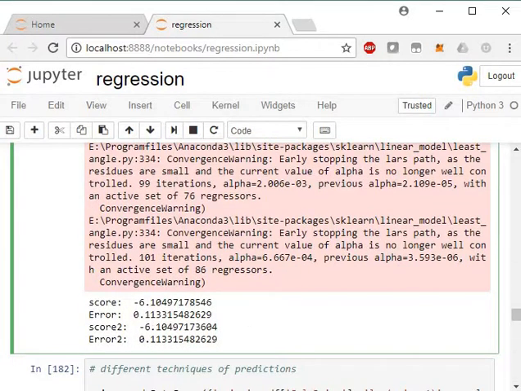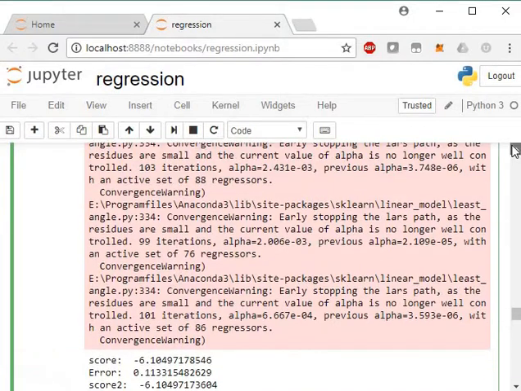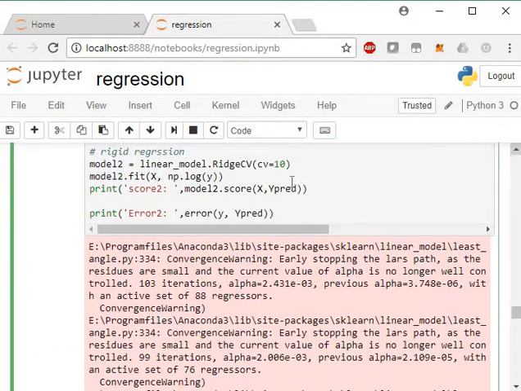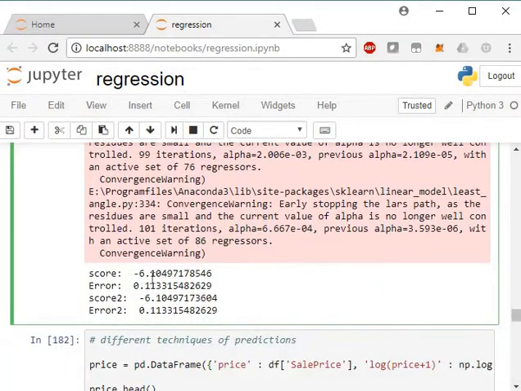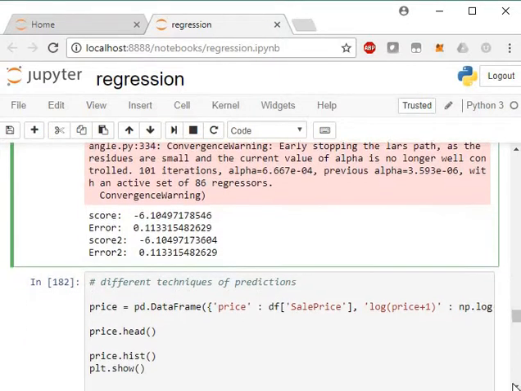Then I have taken some other model and checked its performance, and you can see that the other model is performing almost the same in this case, but in some other cases it performs in a different way. And then also I